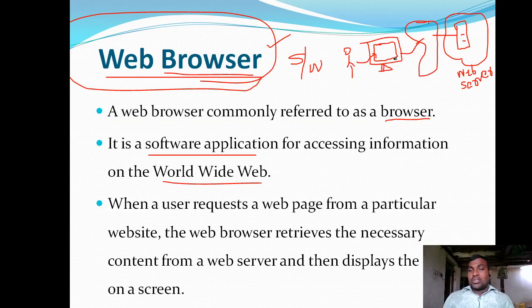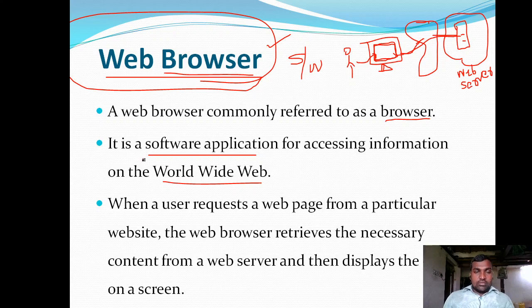The need of this browser is, as we know, it is a software, and software is nothing but a collection of programs. This software is communicating with the servers. It sends a request to the server and receives some response from the server, and that response will be displayed in the browser to the user who is accessing the system. In coming slides we'll go in depth into how this happens.